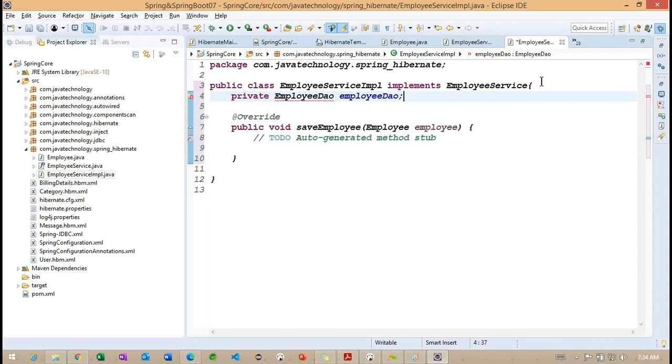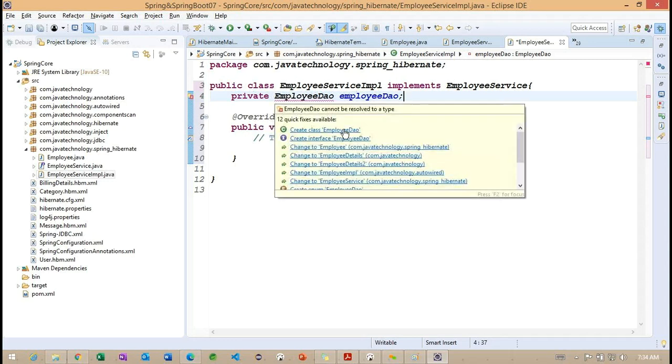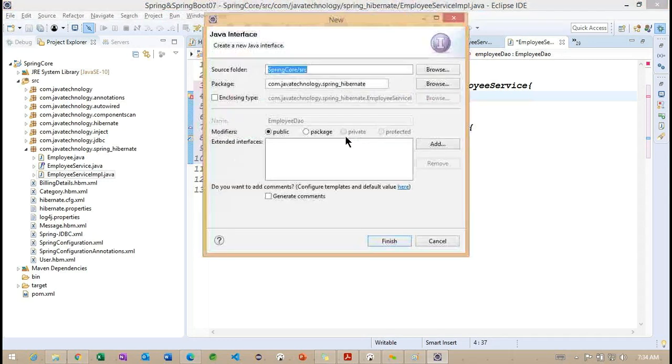Getting the point. So in EmployeeService, we are going to work with business logic, and inside this particular EmployeeDAO, we'll try to focus on the database logic. So let me create an EmployeeDAO interface here.